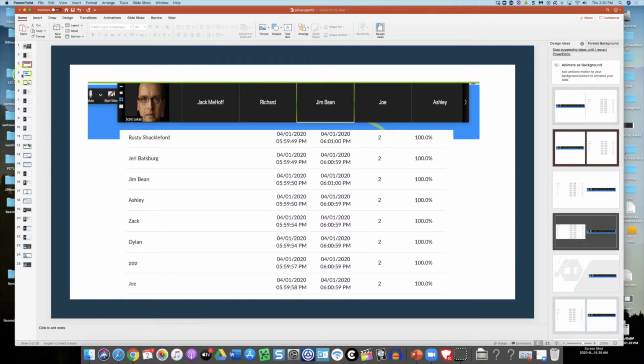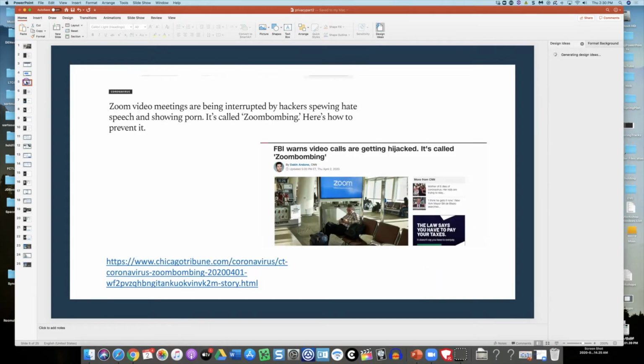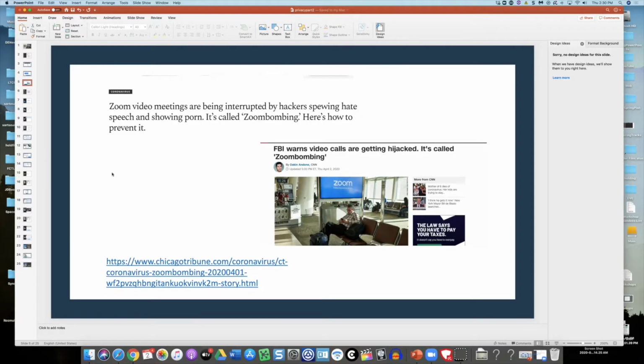But it's becoming more and more common, and I think we're aware of this in recent days. I will share some of these articles with you on my teachingandlearning.com website. A lot of conversations have been had from the FBI and other agencies connected to Zoom, and how more and more these Zoom bombing attacks are taking place. So when I immediately got off the call, I realized 2 things. 1, I made some stupid mistakes that led to this hijack. And 2, I needed to do much more. I was being too open, allowing my meetings to not have any privacy settings set up ahead of time. And because of that, people were able to hijack the meeting.